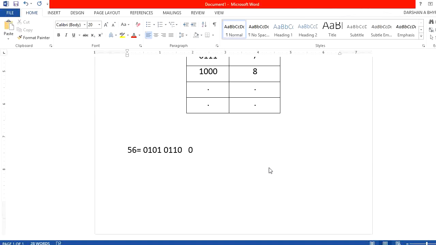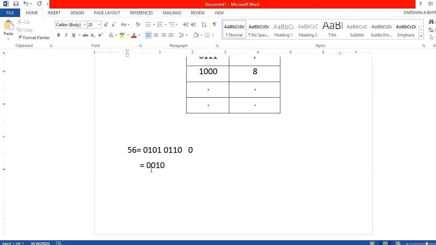So after executing the rotate instruction, what will happen? The carry flag will be copied to the MSB position, and the MSB will shift to the next position, that is 0010.